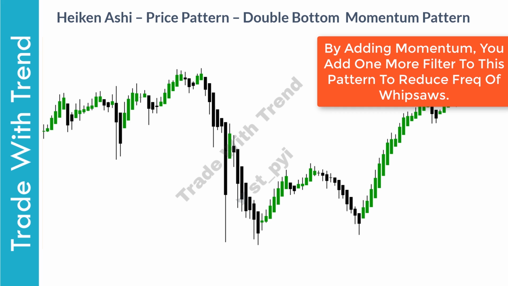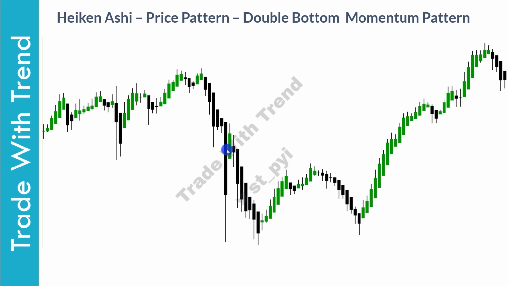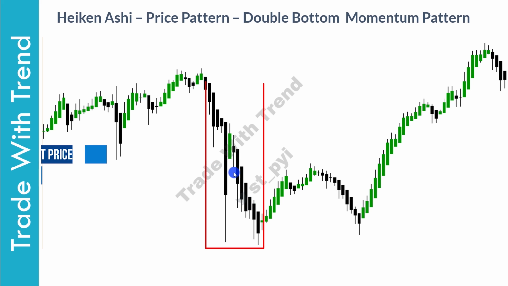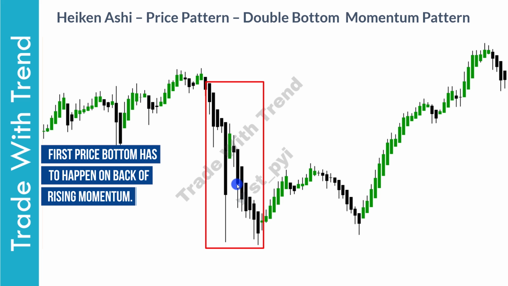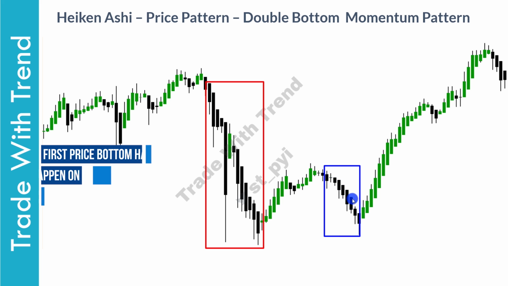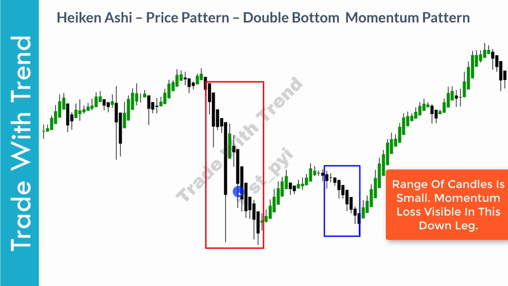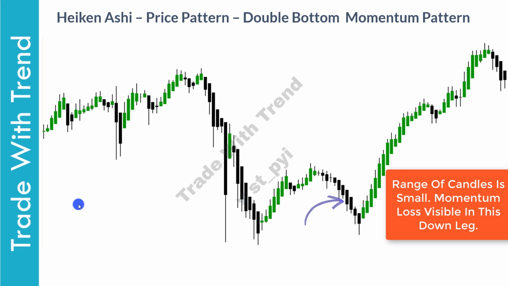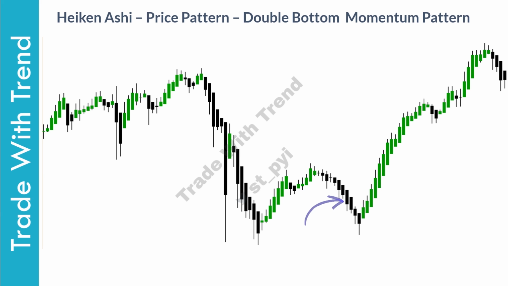Now look at this chart in front of you. When first bottom is formed, look at all these candles here. Most of these candles are high on momentum and represent trend bias on the downside. Now look at the second bottom that is formed. As price approaches the previous bottom that is here, look at all these candles here. Other than this candle that I've marked, all other candles are low on momentum and are narrow range candles.